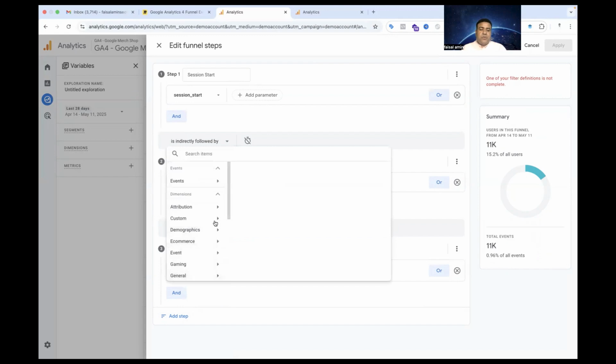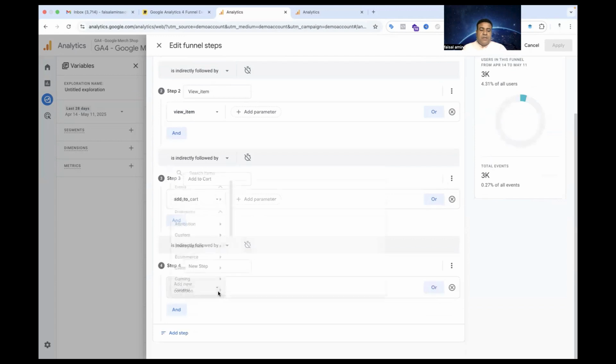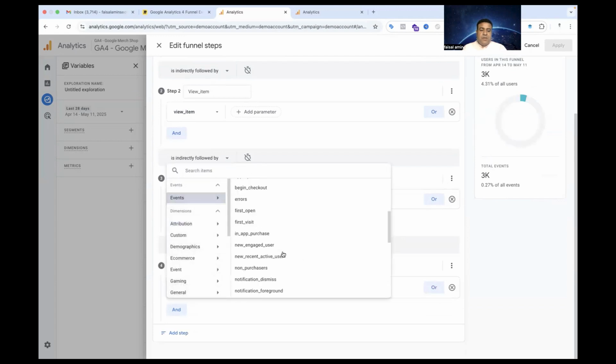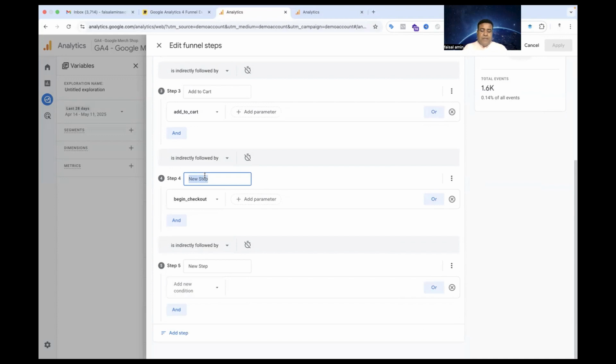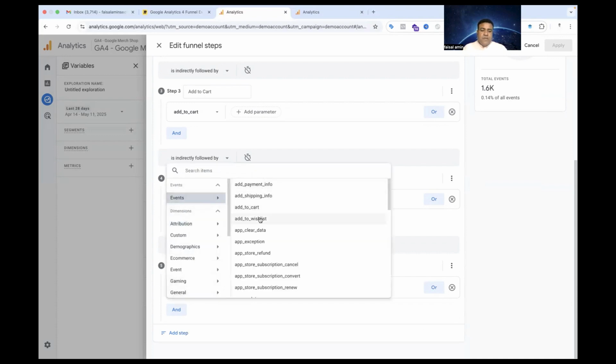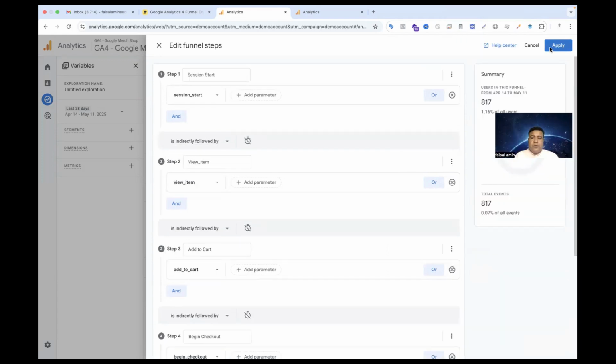We just go to the event for add to cart. Here you can see add to cart, and our next step is another event. We find the begin checkout, and we have to give the name for begin checkout, step 4, and our final step is purchase. Add a new condition, event, and find the purchase. So we have to apply it